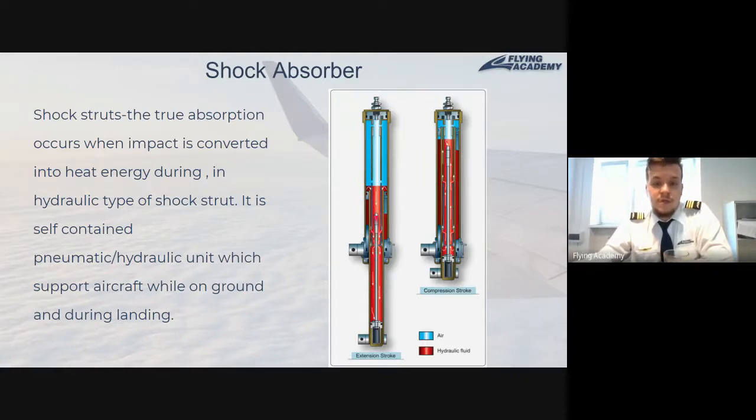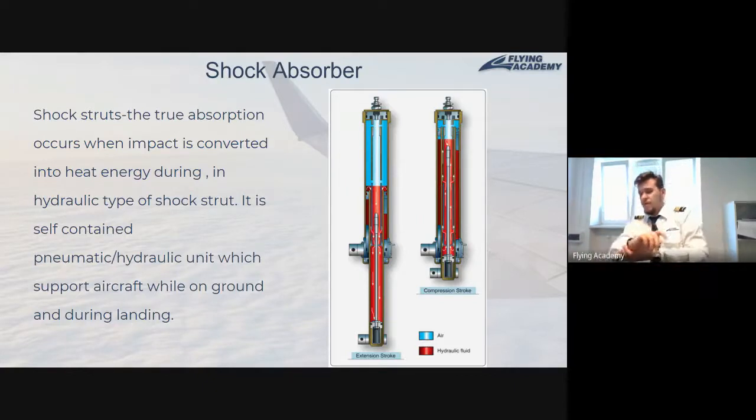In the case of our landing gears in the fully down position without load, the hydraulic fluid will go from the center to the periphery, or in the case of our picture, from the periphery to the center. When we're compressing the landing gears, the oil will have a tendency to go from the center to the peripheral part. It will happen through small and extremely tiny holes. And since your liquid has viscosity and you have a tiny hole, that means that when oil goes from one compartment to another, it will create